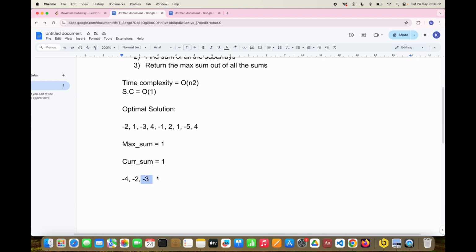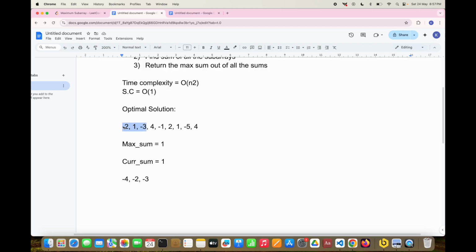Okay. So in all these 3 sums that we calculated, do we have anything which is greater than our maximum sum, or which is greater than our current sum? We don't have it, right? Because all these values are negative. We don't have anything greater than the current sum. And if we don't have anything greater than the current sum, we definitely don't have anything greater than the maximum sum. So what will we do here? Whatever we add to this current sum, it's always going to contribute a negative number. So what we'll do, we can just say, you know what,